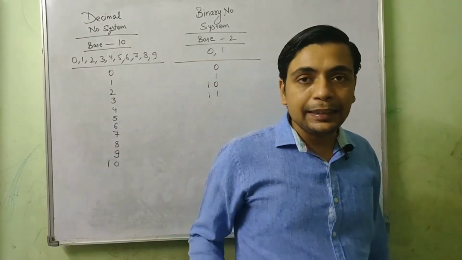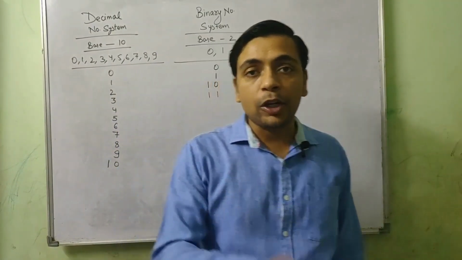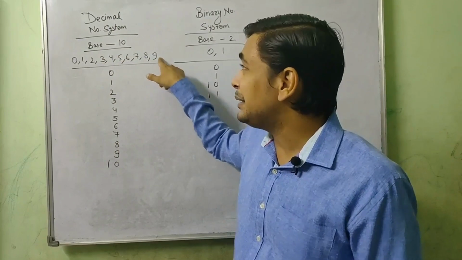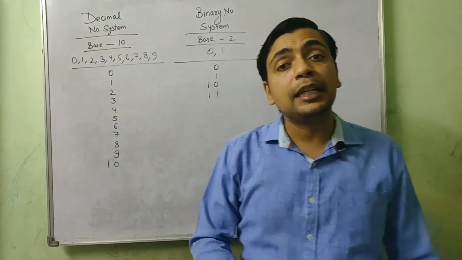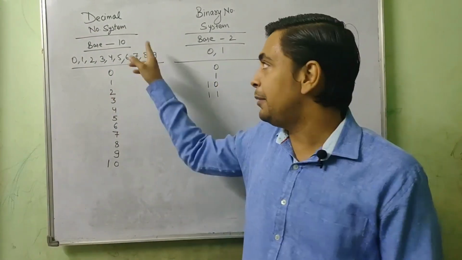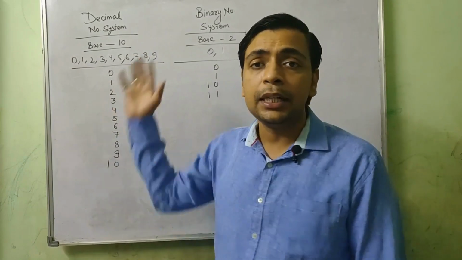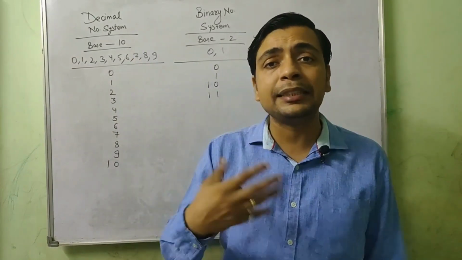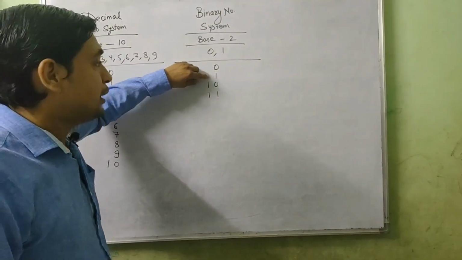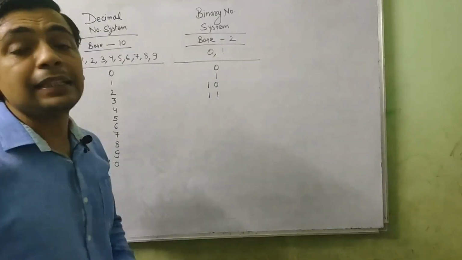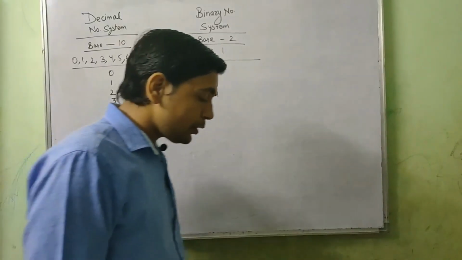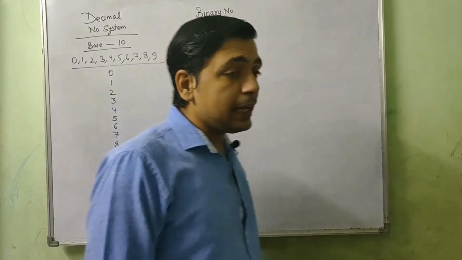So I am talking about the largest digit of that number system. As many times as the largest digit appears in a specific number system, that will be the largest number with that many digits. For example, if 9 is there 2 times, that is the largest 2-digit number. If 9 is there 6 times, that is the largest 6-digit number. Similarly, in binary, the largest single digit number is 1, the largest 2-digit number is 11, the largest 3-digit number is 111, and the largest 4-digit number is 1111. Okay, so this was about decimal and binary.